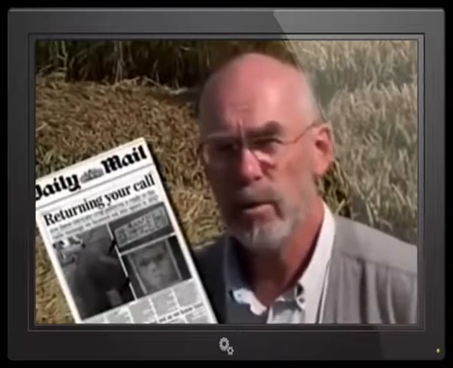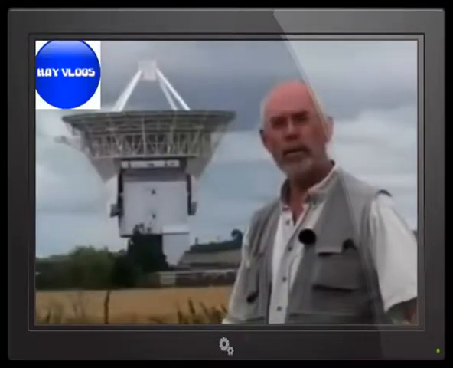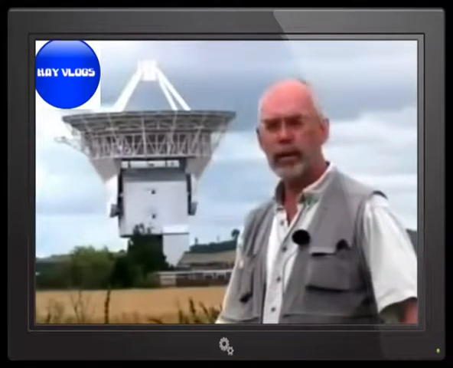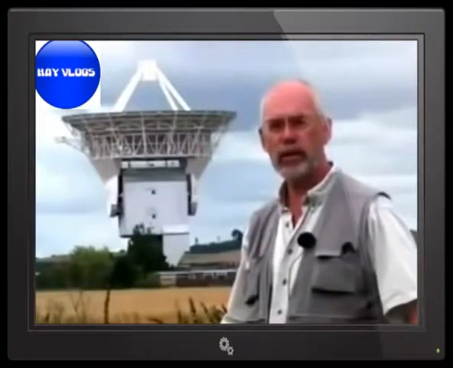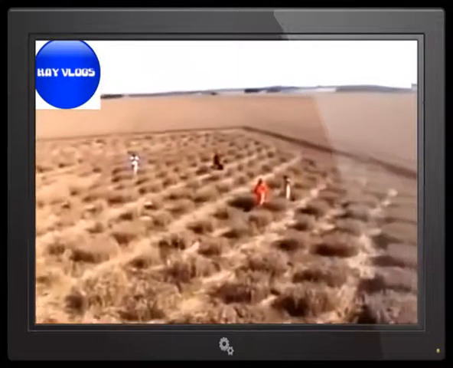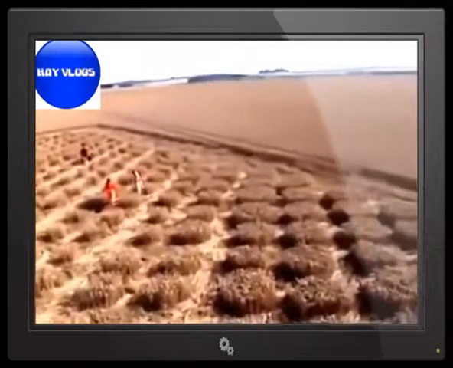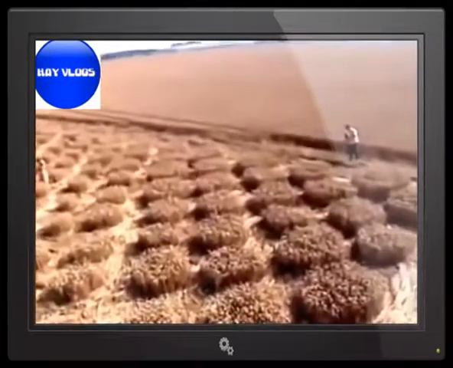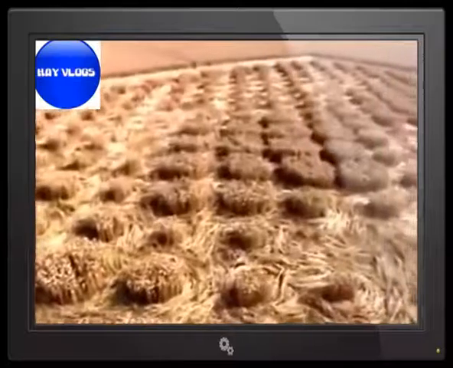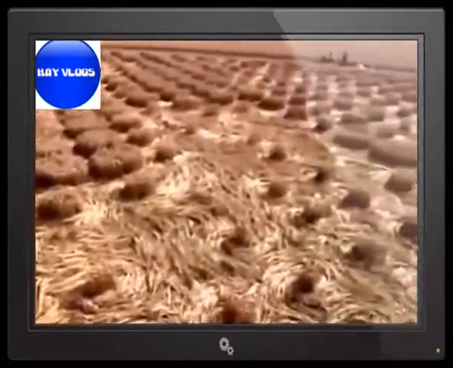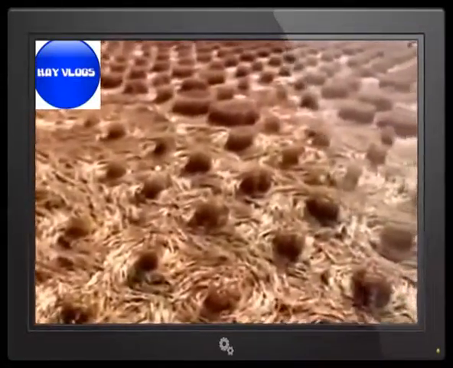But in 2001, suddenly the media paid some interest, because then something appeared that was almost impossible to overlook. Right behind me is Britain's largest radio telescope, the Chilbolton Observatory. And here it was that the greatest sensation in the crop circle history was to appear in the fields right in front of the telescope. On the morning of 14th of August 2001, a formation was discovered which was different from any other previously seen. From the ground it looked like a tangled mess, wisps of crop spread around in no system. However, in the evening with growing shadows,